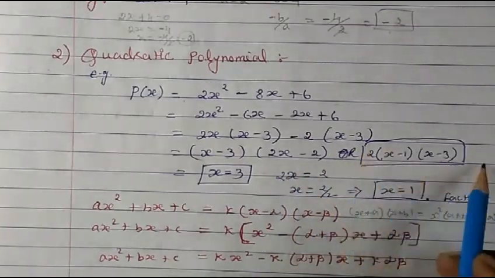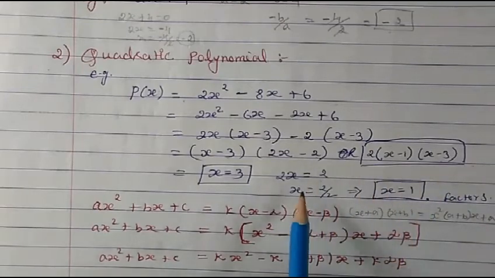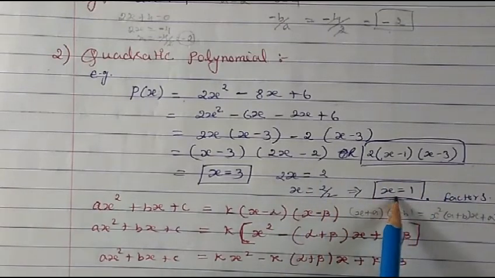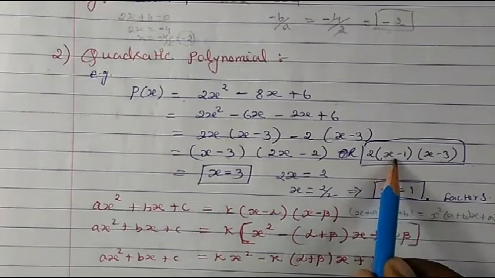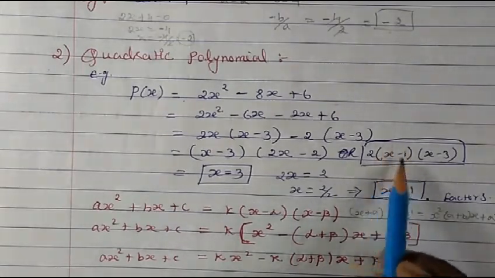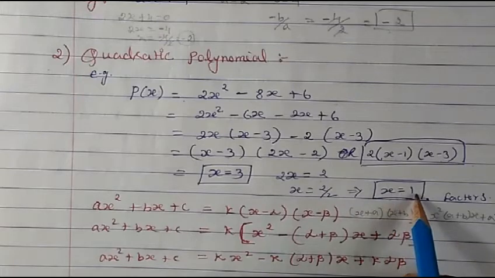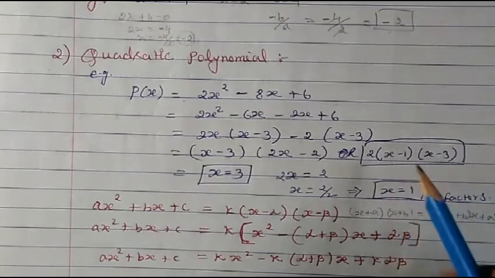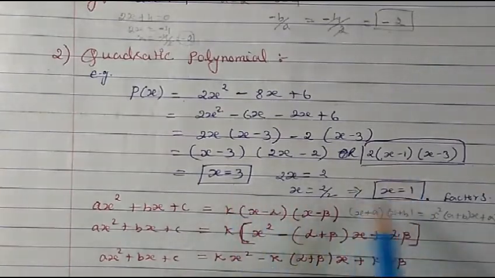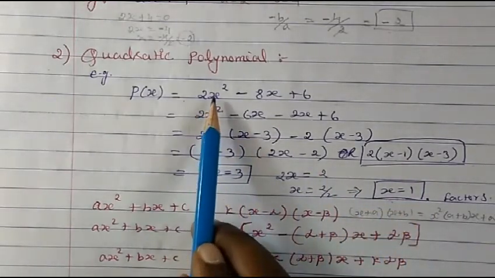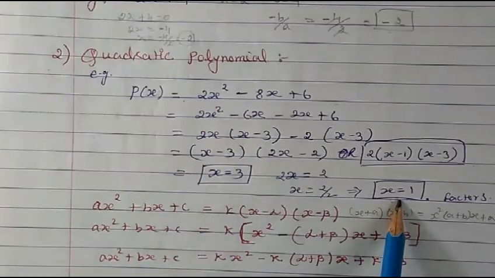So these are also the factors, or we get it separately like this. This way also you can solve and get x equal to 1. Otherwise you also get the factor x minus 1. When equal to you write, it will become plus 1. When 1 comes inside, it will become minus 1. So either you write this way or you get the factors of this. So finally, for a quadratic polynomial we get 2 factors.